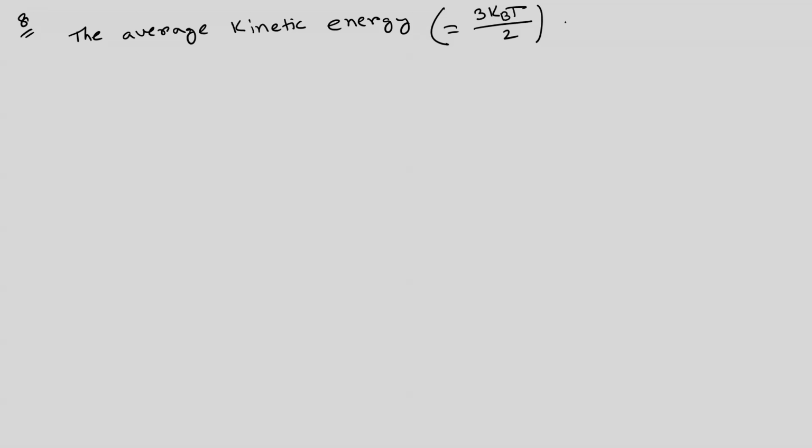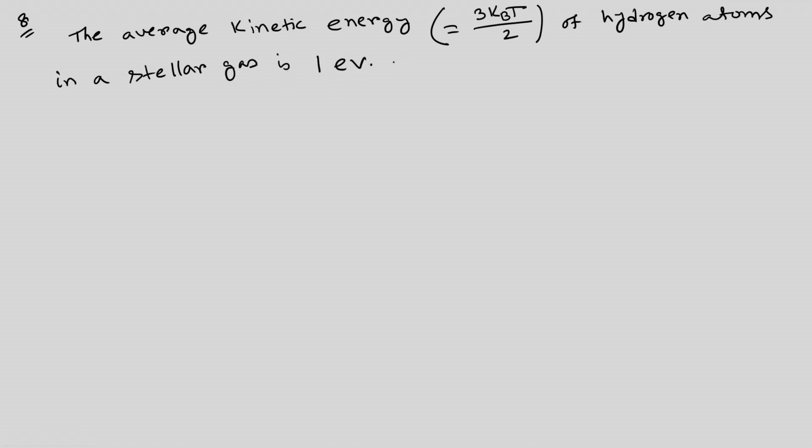Now, the third one we will discuss, problem number 8, is: the average kinetic energy, which is 3 k_B T by 2, of hydrogen gas or hydrogen atoms in a stellar gas is 1 electron volt. What is the